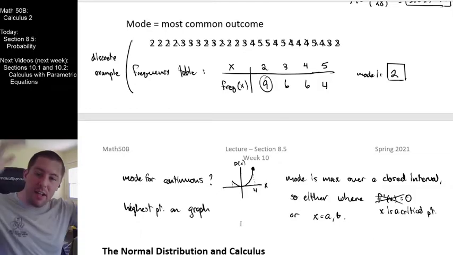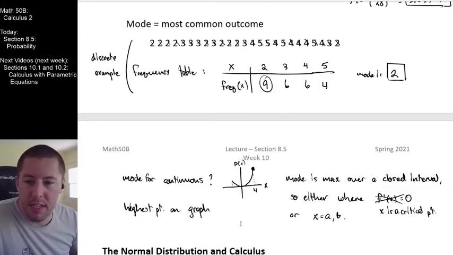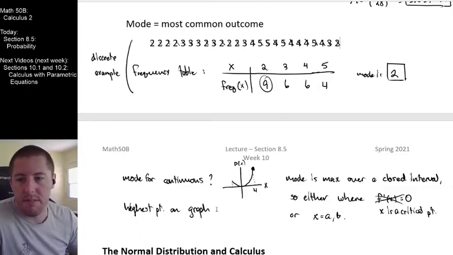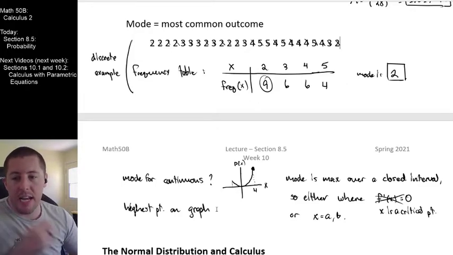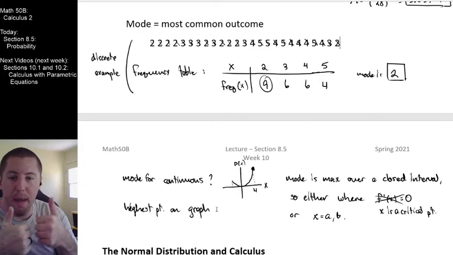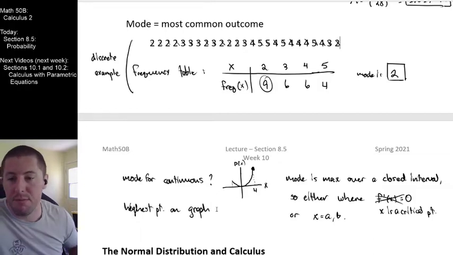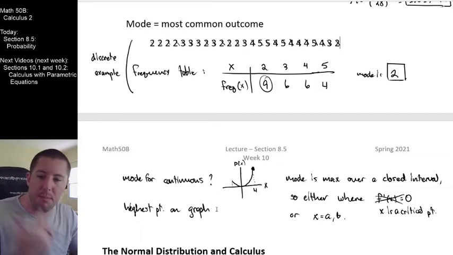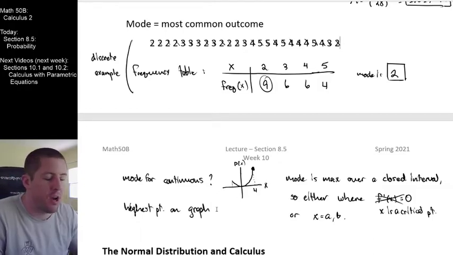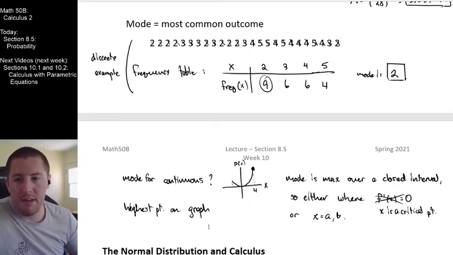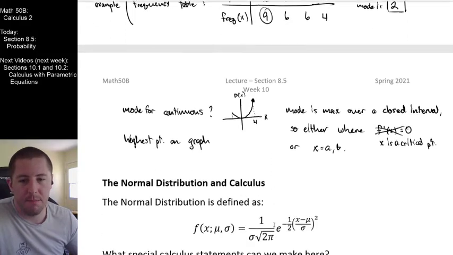But again, it's calculus again. It's still the max value of a continuous function over a closed interval. So you're going to find all your critical points, and you're going to test your critical points, however many you got, as well as your min and your max out there, a and b. It turned out ours here wasn't at a critical point. The only critical point was at 0. But b of 4 did turn out to be the maximum possible value of the function right there. So again, mode, even for continuous distributions, is a calculus-defined quantity here.